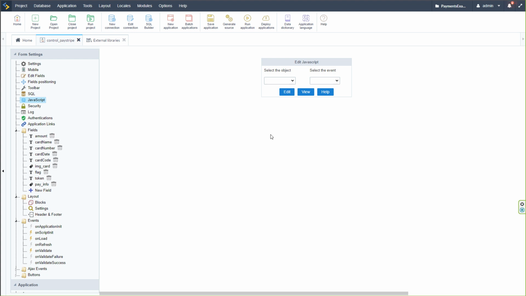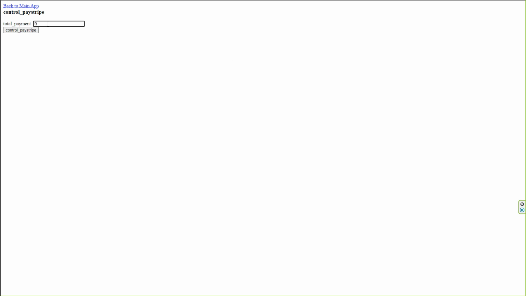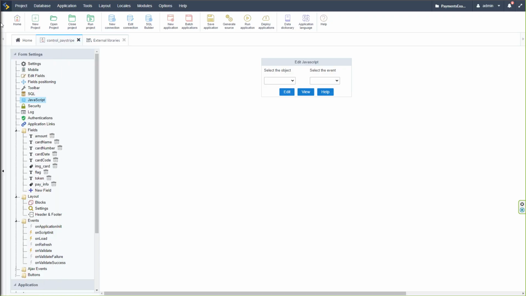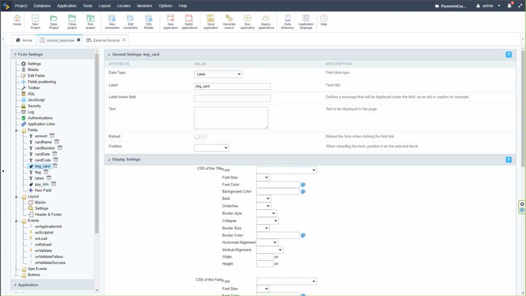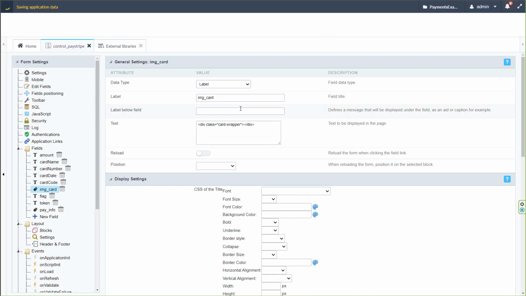and then we still have, as you may have noticed, because if I run now, we still have nothing applied. Okay, so let me close here this one, and if I come here to 99.99, again, I have no image applied here. So what I will then do is I will come here to the field, and that is here the image card. And then in here, I need to add this card wrapper. Okay, so div class card wrapper. I can save that. And now if I go ahead and run that again,